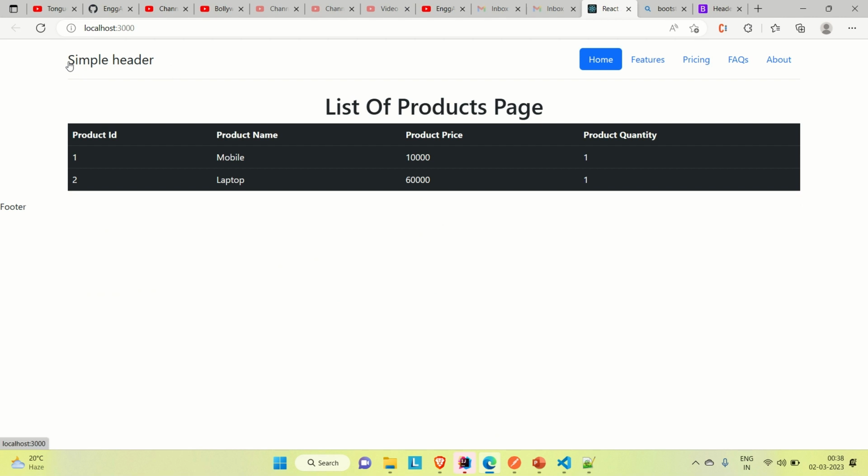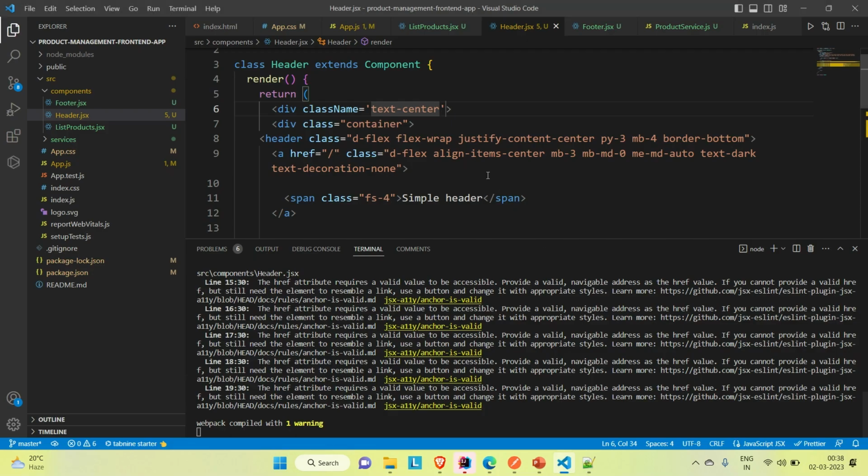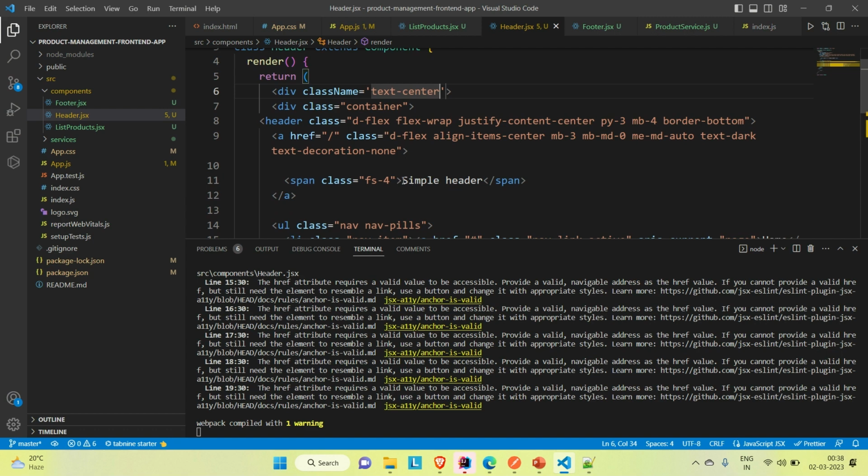Now let me try to change the header name. So go to the Visual Studio Code, and here you can see you can change the name. So let's say we are developing the product management application, right? So let me try to provide the header as a product